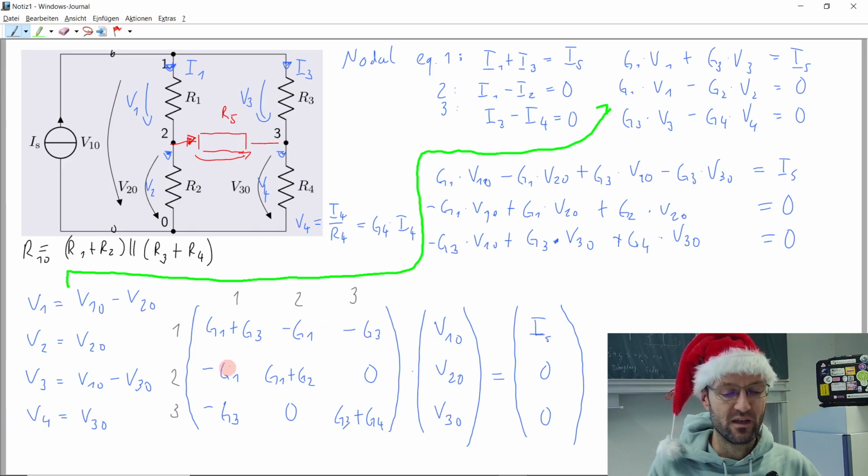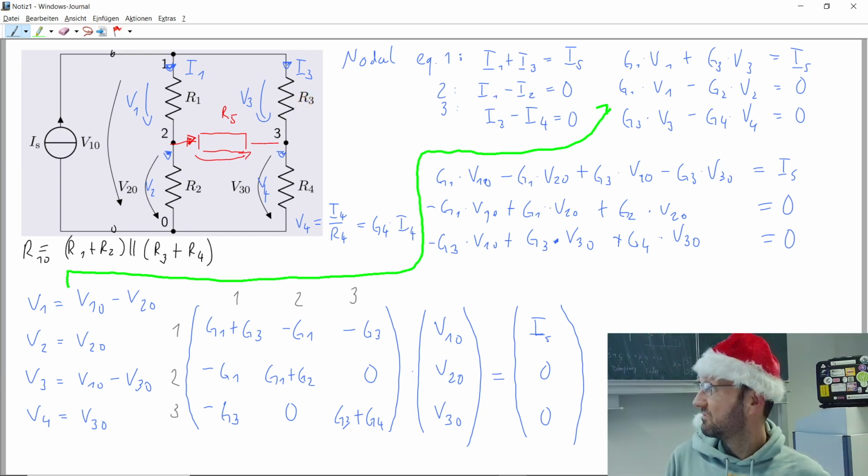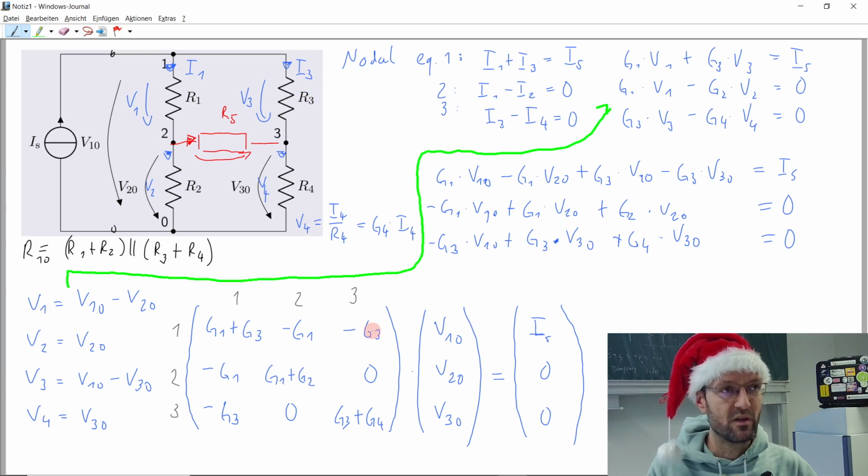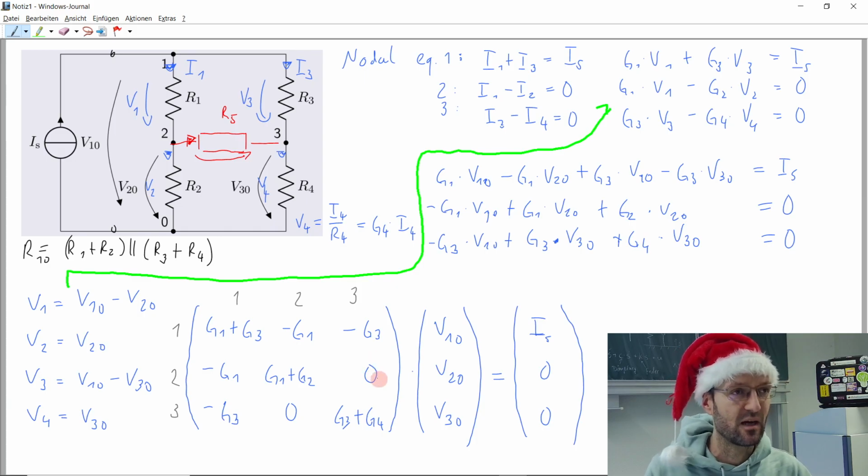you know what I mean? We have this conductance, and they are always negative. Between the first and the third node, we have this resistor, R3, and that's why we have the G3 here and there in the first row, third column, third row, first column. And between 2 and 3, we have nothing at the moment. Later on, we will connect our resistor R5 there. That's why we have here 0. So on the off-diagonal elements, it's always the coupling conductance, the negative coupling conductance between the two respective nodes.